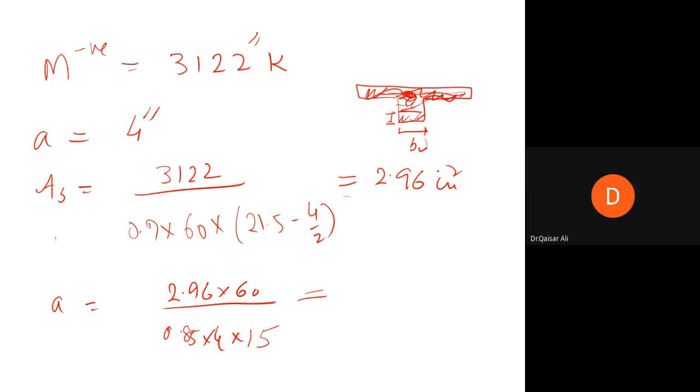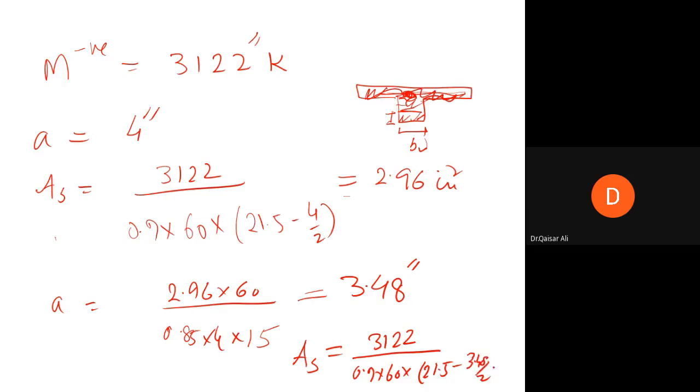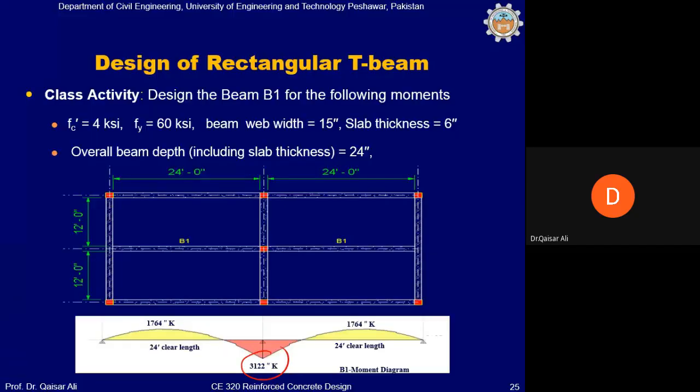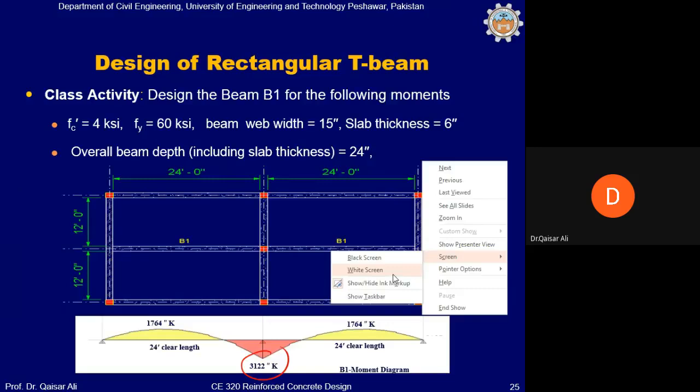सर 3.48 आता है सर। हाँ 3.48 आता है। दोबारा As मालूम करें। 2.92 सर। 2.92 बिल्कुल ठीक है। दोबारा मालूम करें आप स्मॉल a। स्मॉल a दोबारा 3.44. 3.44 रिकैलकुलेट। अब As दोबारा मालूम करें।